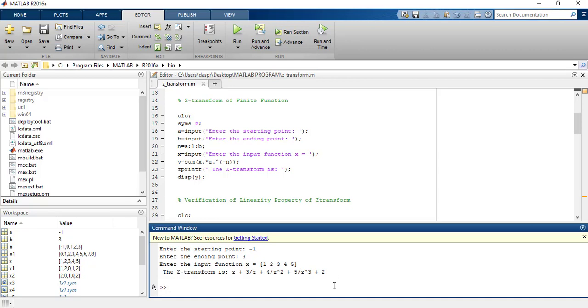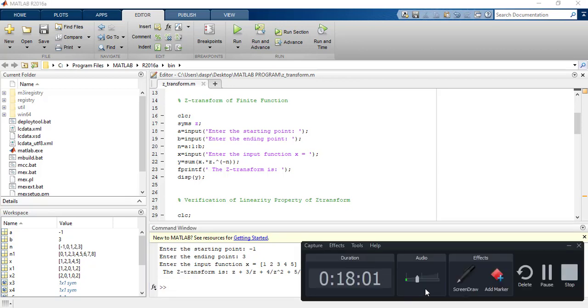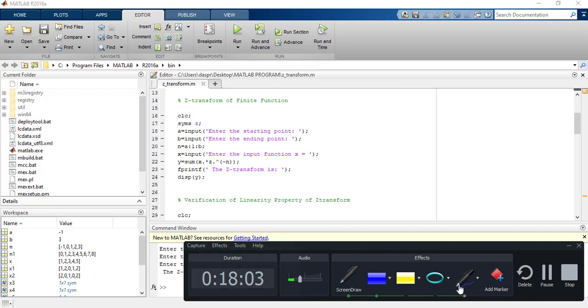Okay, now one thing here: your starting point is minus 1 and your ending point is 3. If you start from minus 1, you can check this by hand calculation also, whether the result is the same or not. Okay, so let me write down the formula here.